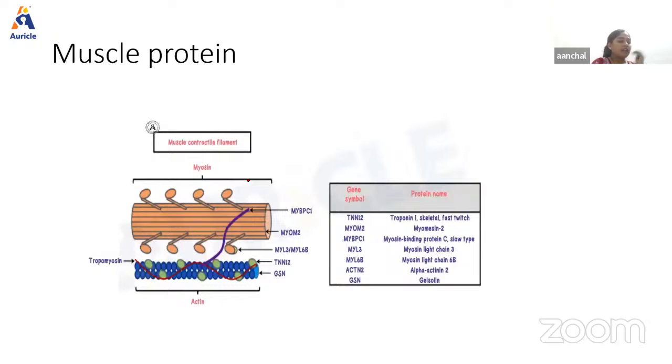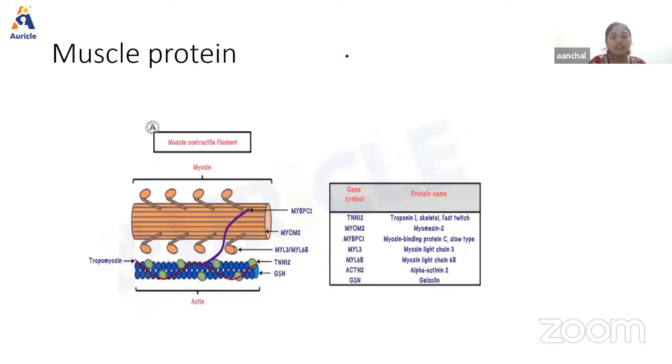Okay, now next we have the muscle protein. Next we're going to talk about the muscle protein. So as we know, the proteins are basically the contractile element, right? So myosin filaments are formed by myosin molecules, and the actin filament are formed by the three types of protein,